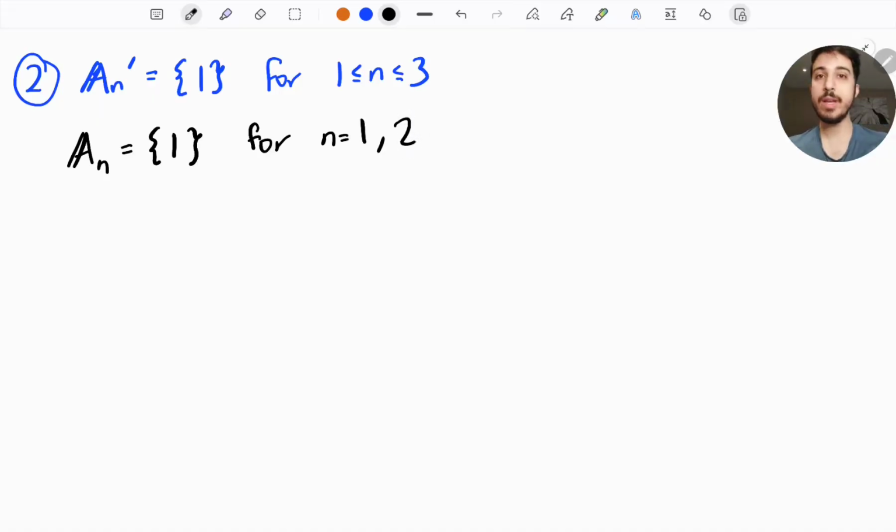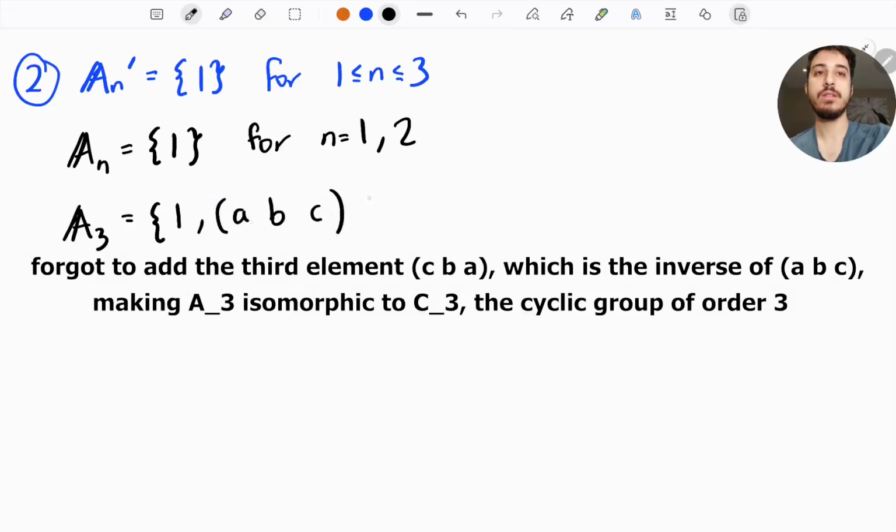For n equal to 3, the only even permutations we can have on 3 elements are the identity permutation and the 3-cycles. So A3 is equal to just the identity and the 3-cycles,